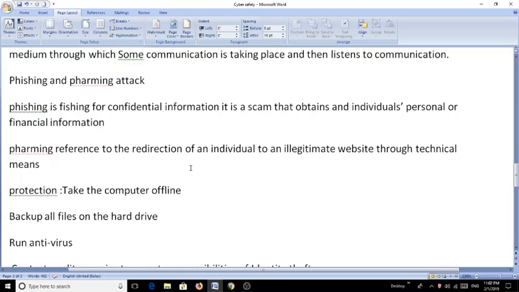For example, you may receive an email from your bank which appears genuine to you, asking you to update your information online by clicking a specified link. Though it appears genuine, you may be taken to a fraudulent site where all your sensitive information is obtained and later used for cybercrimes and frauds.